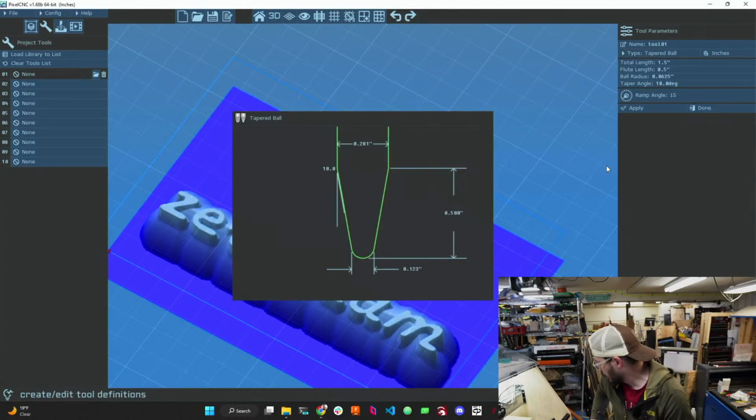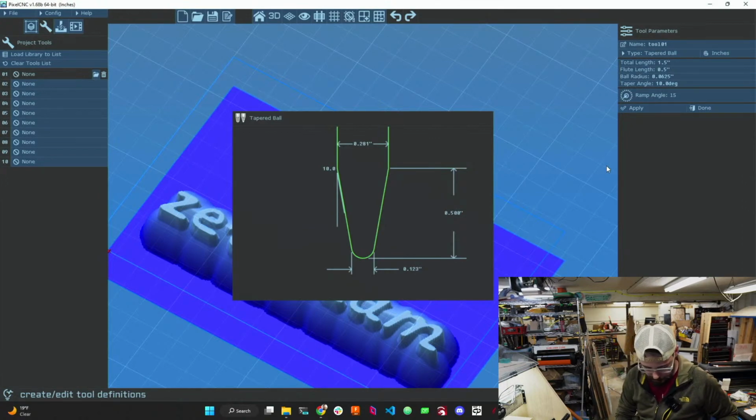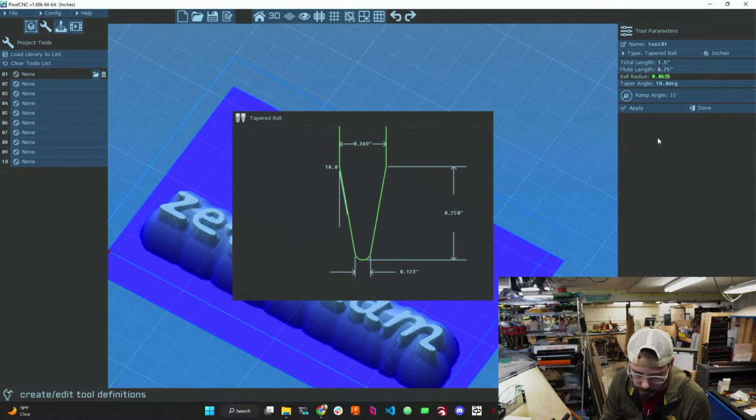For this operation, we're going to pick a tapered ball mill, and I'm going to pick probably the biggest one that I've got, which is not very big. It is a 0.75 millimeter ball, 1/8 inch shank with about a 3/4 inch flute length. So we'll give it a 7, and then I